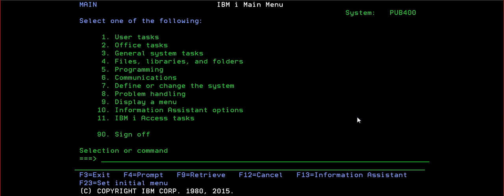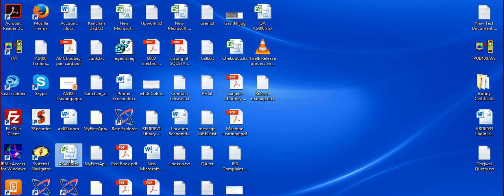On the AS400, there has to be a job running 24 by 7, which is a listener, monitoring this queue. Whenever any data comes in the data queue, it will pick that up and process it in all the programs, whatever you have to do. Once you get the result, you can put it in a different data queue. In the mainframe there will also be a listener, listening to another data queue. I can show you through an Excel sheet, I believe. That will be better.